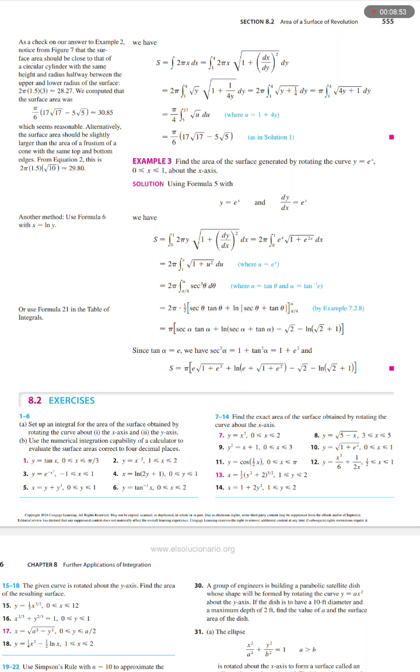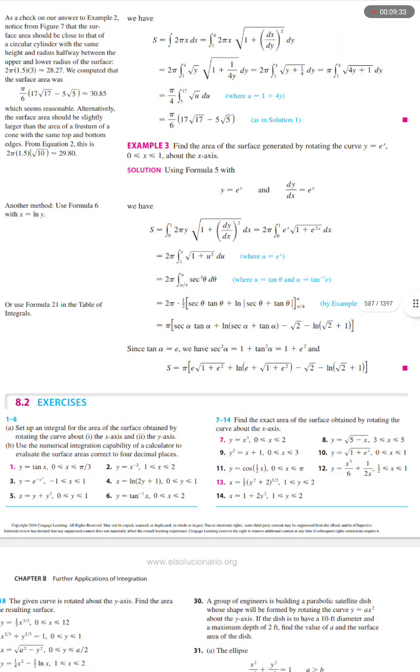Sidebar. Another method used formula 6 with x equals natural log of y. Or use formula 21 in the table of integrals. Back to the text. And this equals 2 pi, the integral from 1 to e of the square root of 1 plus u squared du, where u equals e to the power x, which equals 2 pi the integral from pi over 4 to alpha